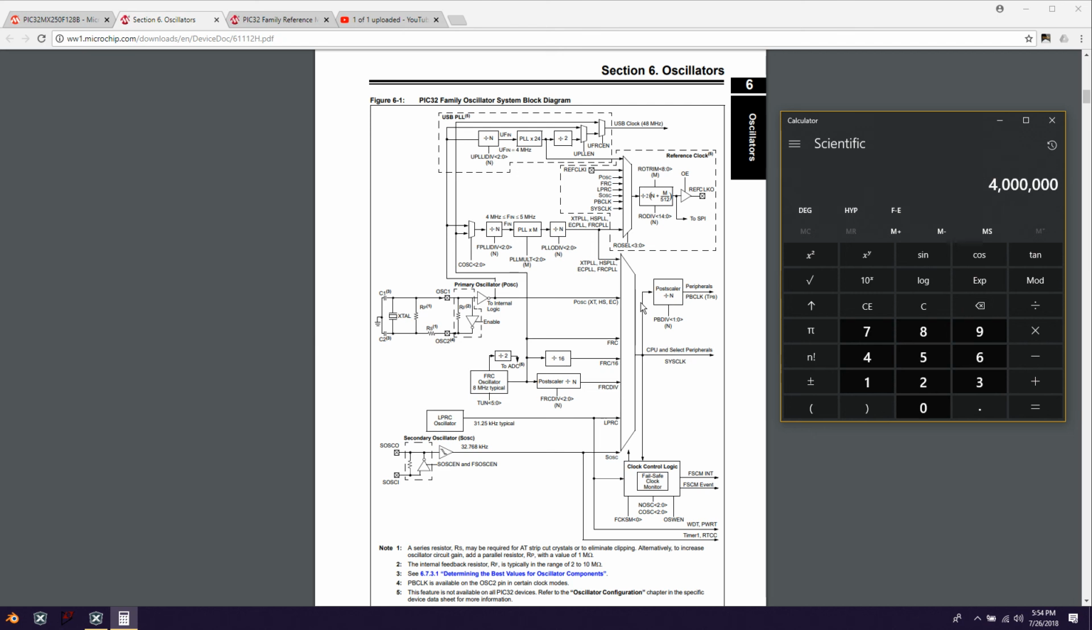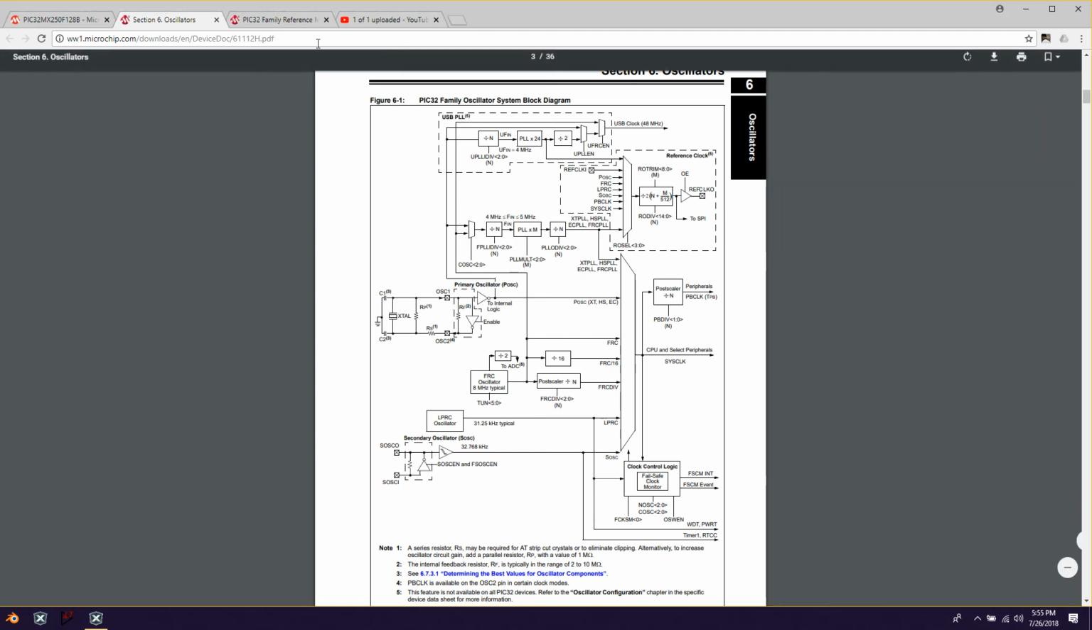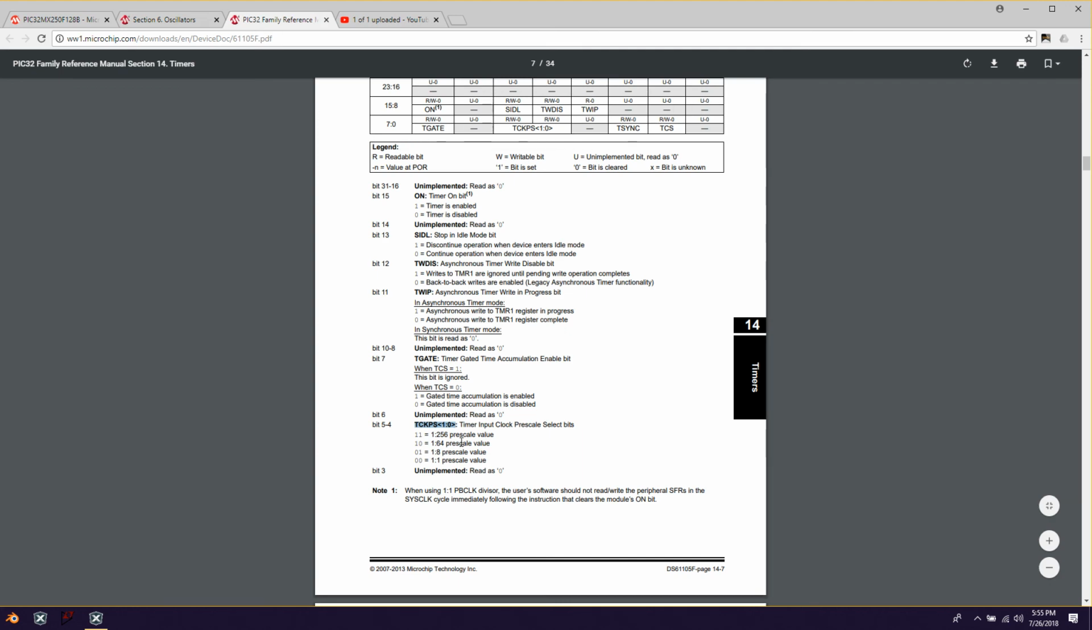Then we come in here and we hit this second postscaler for the peripheral bus, and if you remember, that was set to a value of 8. So I'm going to divide by 8, and this gives us our peripheral bus clock frequency, which is 500 kilohertz. That should sound familiar because I mentioned that earlier. Now if we go back and take a look at our timer,